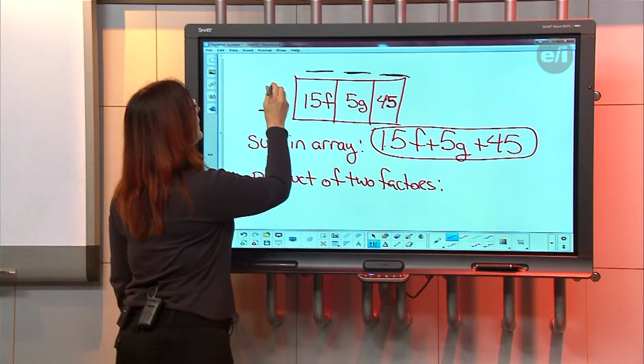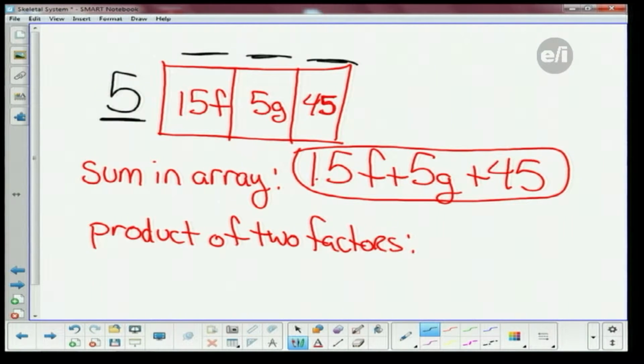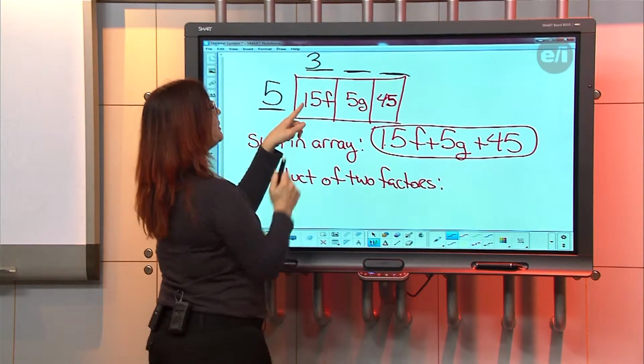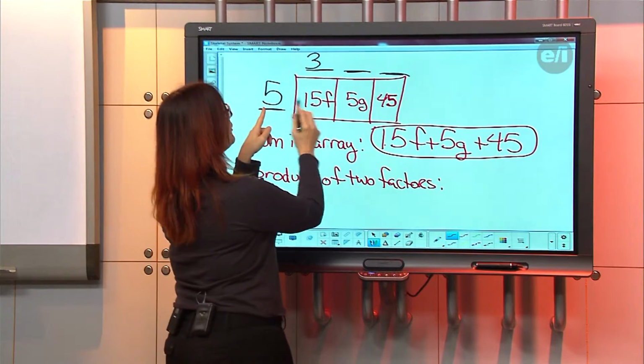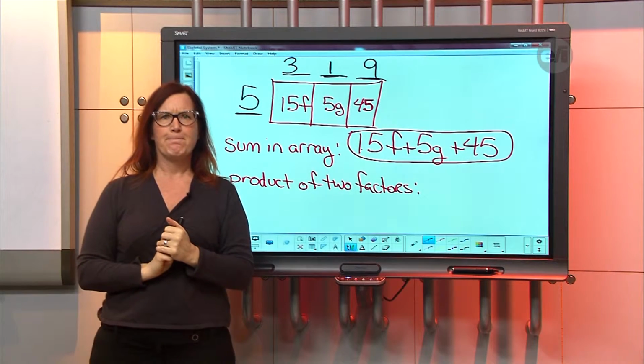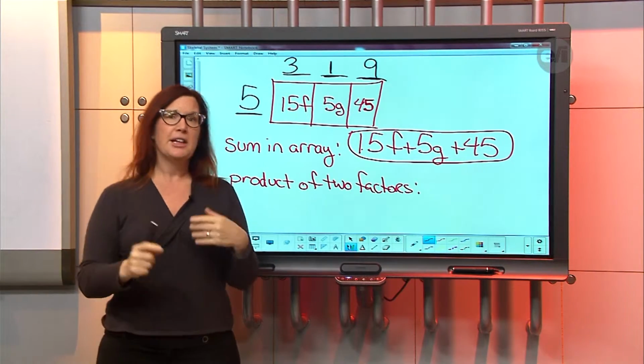So what I'm going to do is pull out the number 5, and do exactly what you told me. The way that I got this 15, you knew that 5 times 3 would get me the 15, and then I know the 5 times the number 1 would get me the 5, and that 5 times the number 9 would get me the 45. Does that kind of make sense to you? Yes. Okay, we're not done yet because there's some things here.